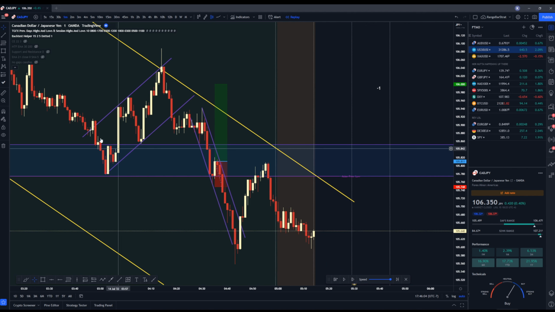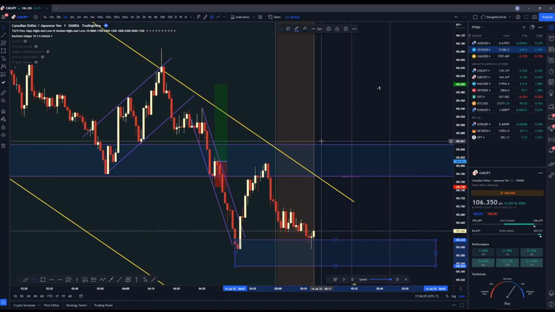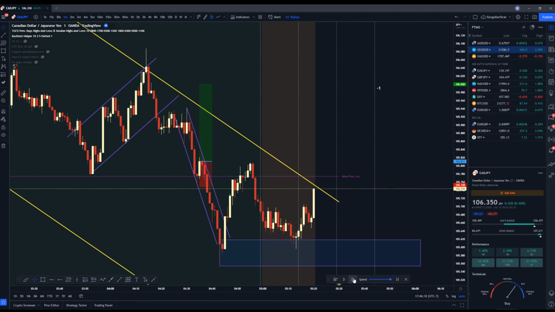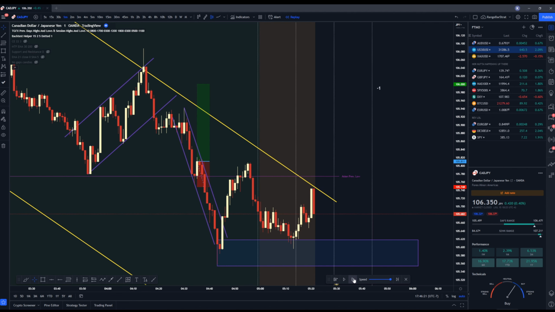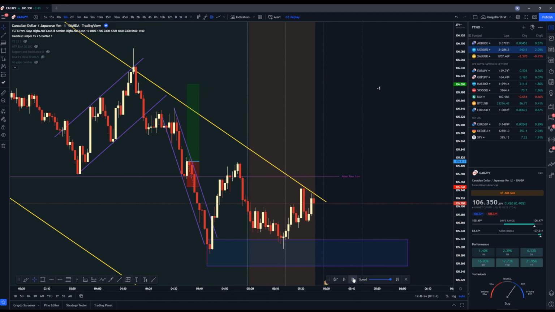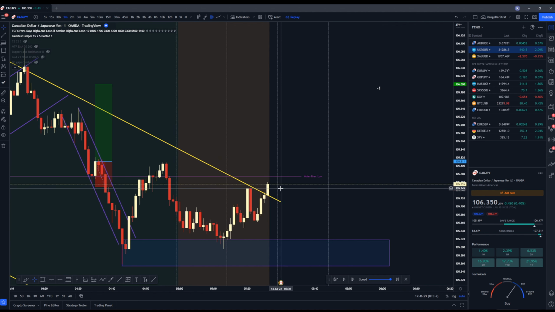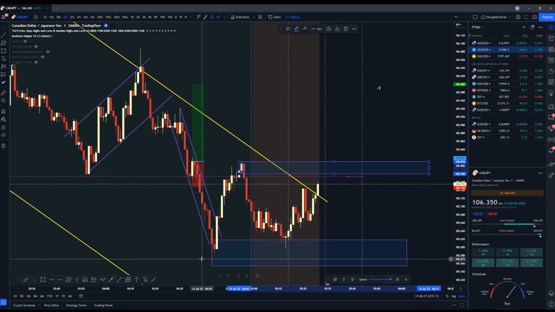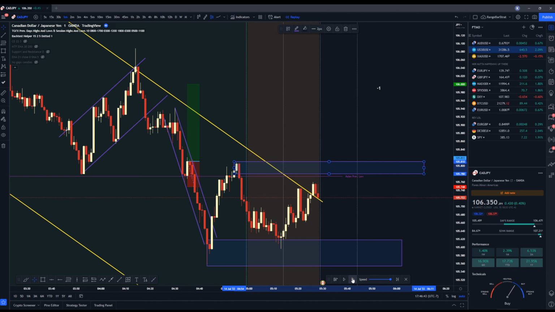But I do see another double bottom here if we want to go crazy and take it. That's the only thing that I see right here. Let's remove this. We're still respecting overall trend. But we missed our double bottom. We just kissed the trend line again. Give it a little smooch. I would like to see what happens when we get to this area of supply, because I do think we need to run this low down here. So let's see if we can get up there and then figure out how to do that.